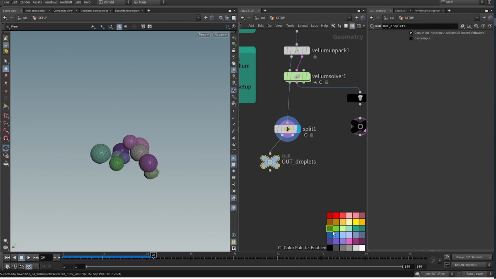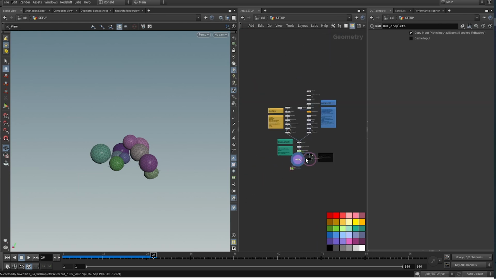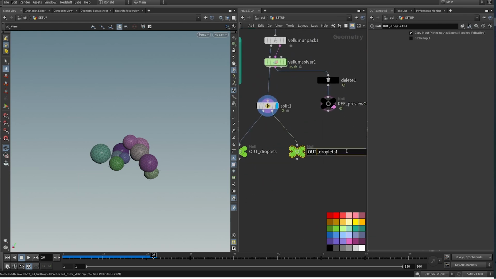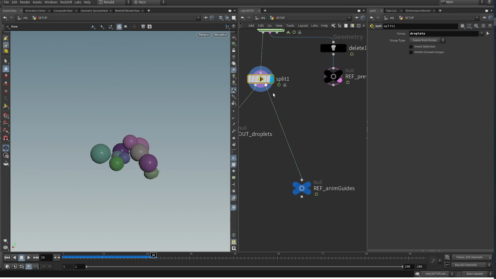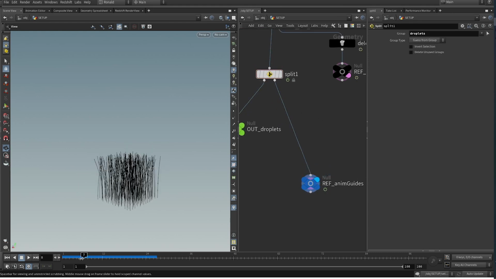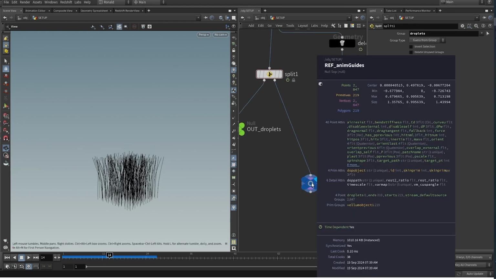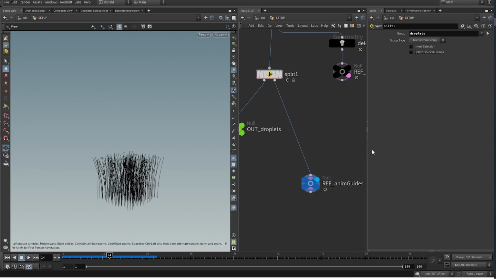Color it green out of habit, just a visual representation of what I'm going to render. And this other one shall be called reference animated guides, and this shall be blue for stuff that I'm going to reference within the network. So here are the animated guides, and it has a lot of properties over here, simulation properties, which I don't